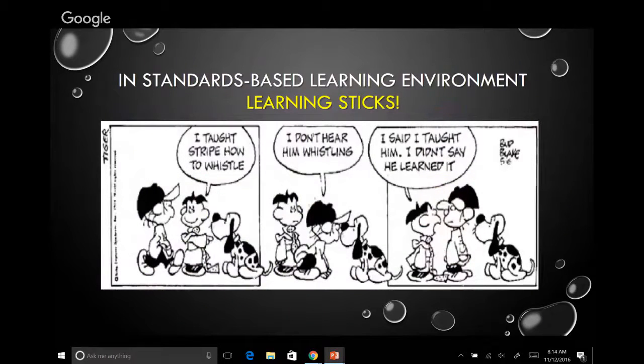So in standards-based learning, the skills and concepts are more likely to stick, which means that if they're indeed learned, they won't need to be relearned. I still see high school teachers spending days teaching their students to dribble a basketball, first stationary, then moving, then with their dominant hand, and then with their non-dominant hand. And it's pretty sad when that learning should have stuck with them in elementary school.